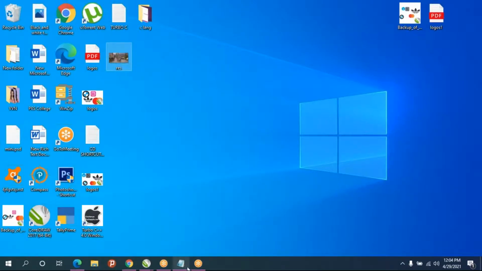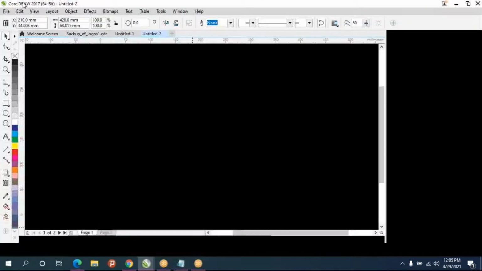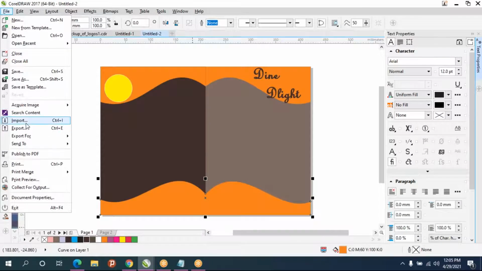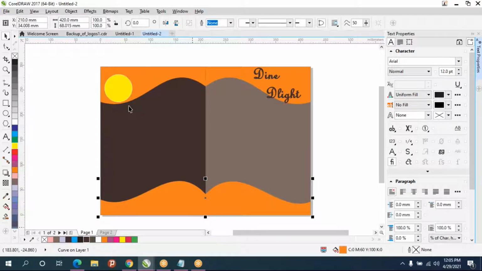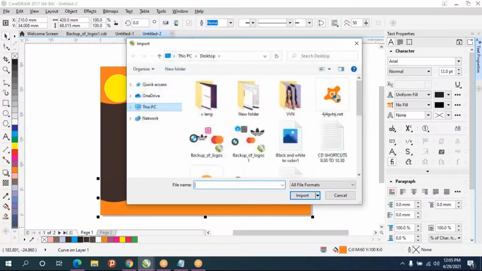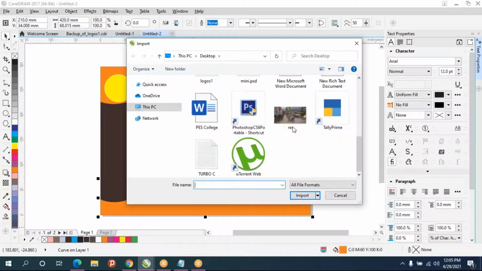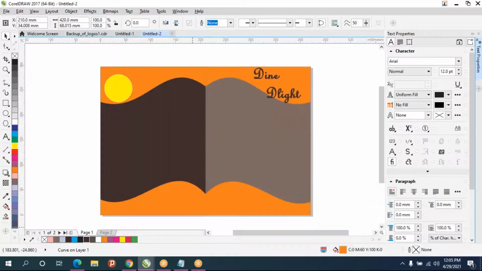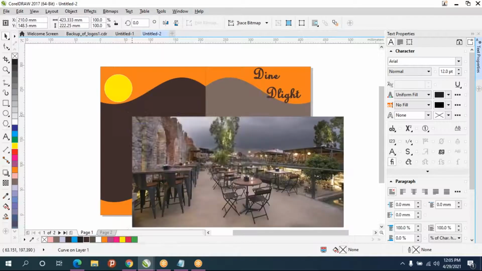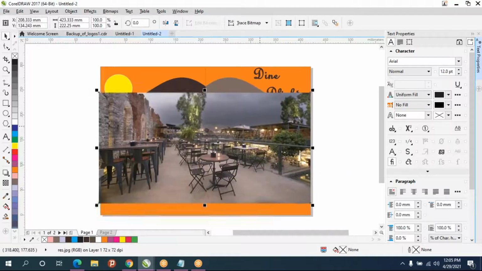So this only I'm going to import. Go to CorelDRAW, file menu, give import, and select the image, import, and move this image.